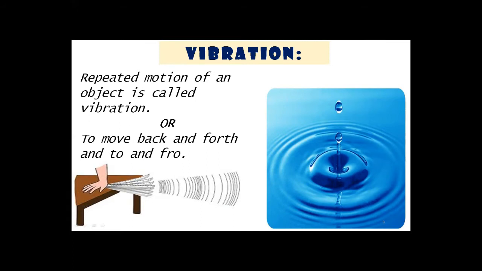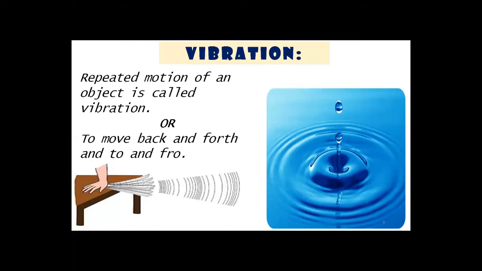What happened, students? The ruler vibrates, that is, the ruler moves back and forth quickly. You can hear the sound when the ruler is vibrating. Sound is produced by vibration. That is why we hear a sound when the ruler is vibrating. Okay, students, this is the activity that shows how vibration is produced.